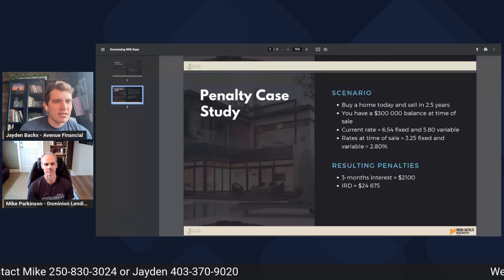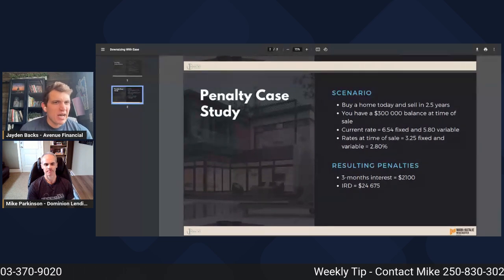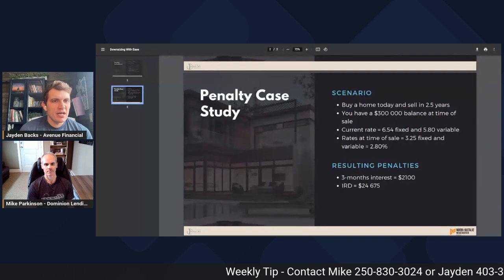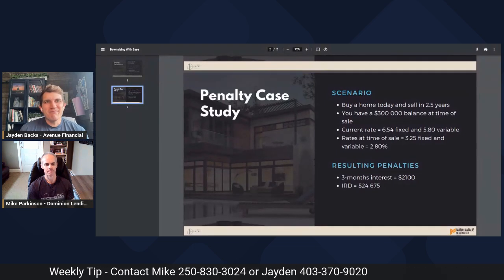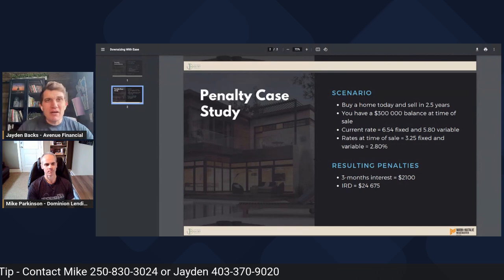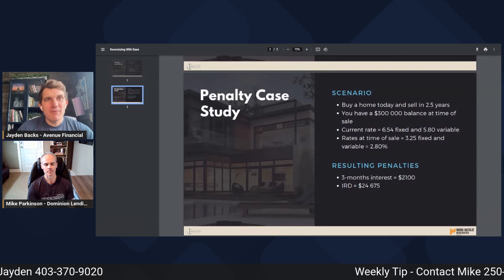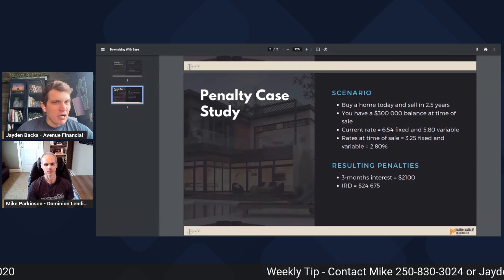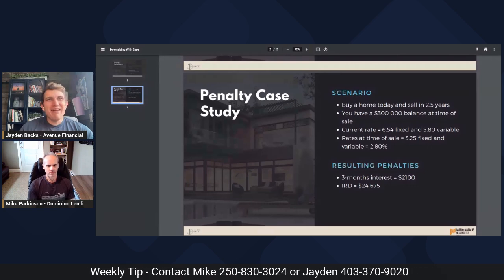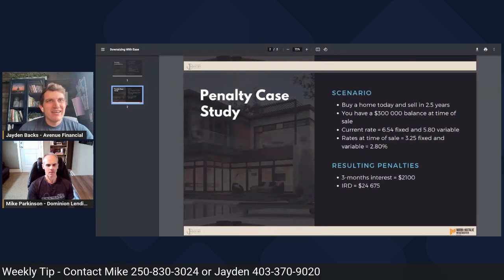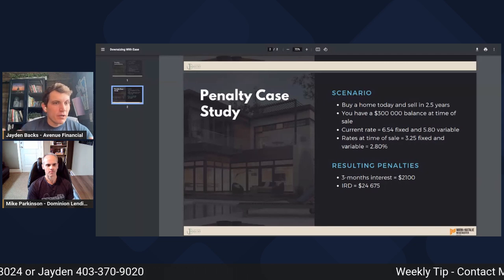Now that's in the realm of where most rates tend to be, between 2.5 and 3.5% in a normal economy that we've seen over the last several years, eh, Mike? And so if you just plug those numbers into the 3 months interest for the variable, you're looking at a penalty of about $2,100, which is reasonable. Seems okay. That exact same situation, plugging those numbers into the interest rate differential for one of the big banks,